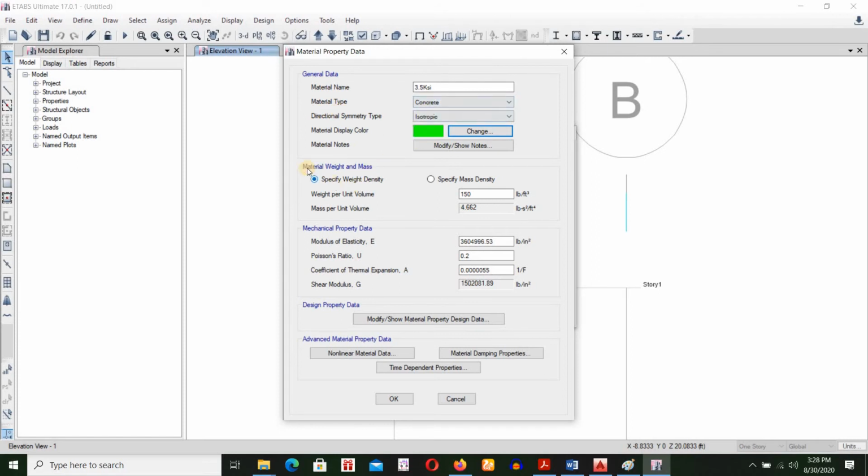Then we have material weight and mass, unit weight per unit volume of concrete 150 pound per feet cube. We're using normal weight concrete, so it's alright. Now modulus of elasticity. We need to fix the modulus of elasticity. The modulus of elasticity given here is for 4 KSI concrete, but our concrete is 3.5 KSI. So we'll just give the ACI formula here,